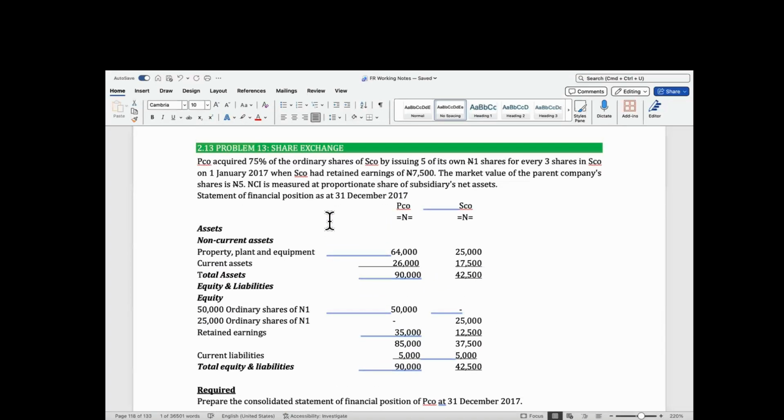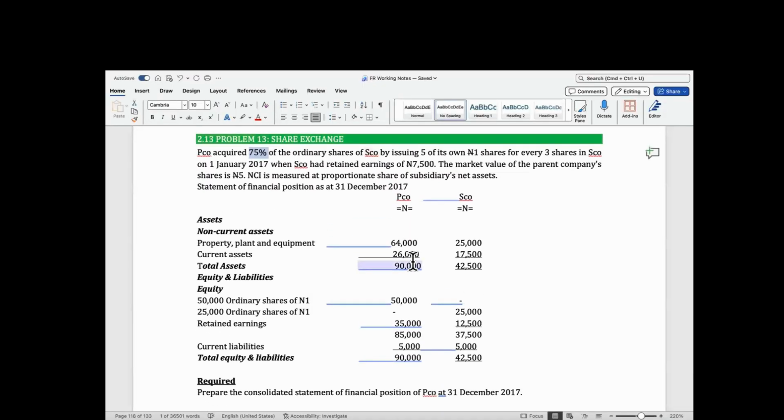Now, the next one, almost the same question, is also adding an additional thing for you to learn. So I acquire 75% of the ordinary shares of ESCO by issuing 5 of its own €1 shares for every 3 shares in ESCO. On 4 January 2007, ESCO had retained earnings of 75. The market value of the parent company's share is 5 naira. NCI is measured at proportionate share of the subsidiary's net assets. Statement of financial position as at this date is given. Required: prepare the consolidated statement of financial position of PICO at 31 December